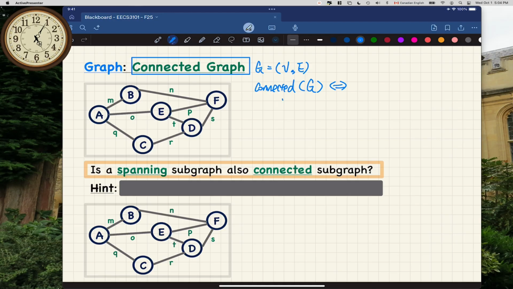We can say for every U and V, both are vertices. Actually, I better not use U and V. How about just X and Y, okay? Because you might sometimes get confused about the little v and capital V. So X is in V, and also Y is in V. Given any two arbitrary vertices chosen from the graph, it should be the case that